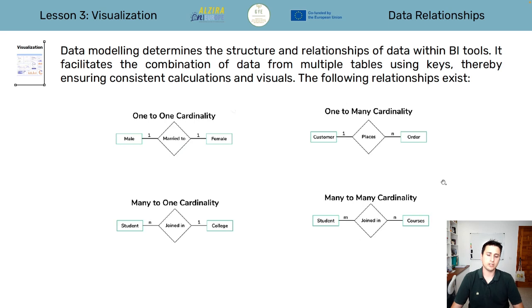And the other one, which you should be very careful to use in Power BI and other platforms, and use only when completely necessary because it can lead to failures in data representations, is many-to-many cardinality. For example, a relationship between several students that are joining several courses.